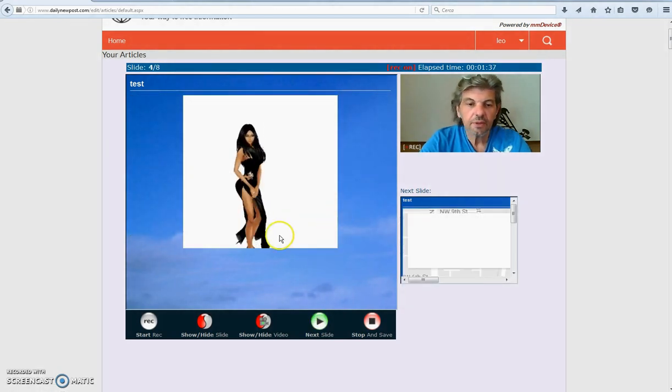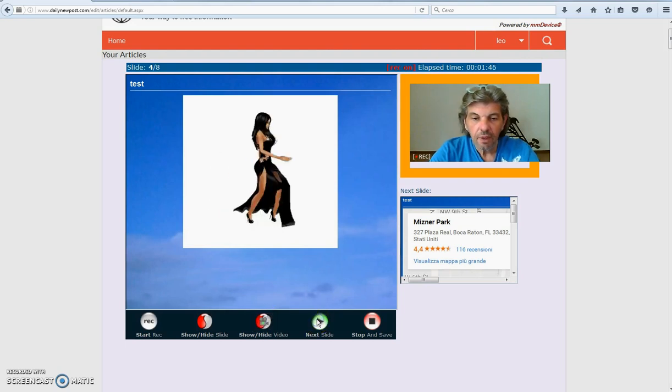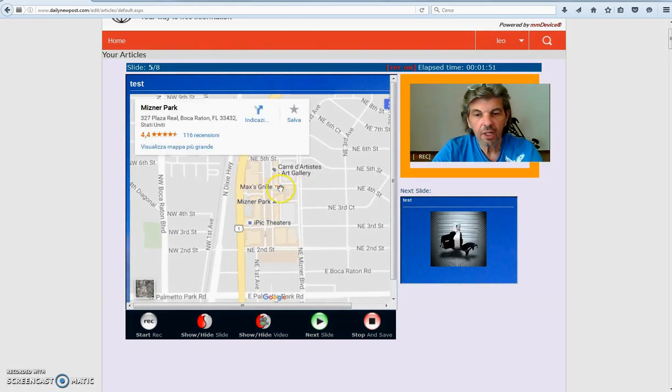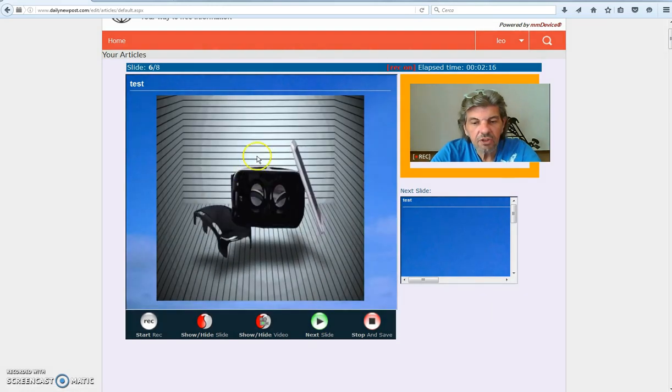As you see, this lady who is walking here. Now I can again go away and place the Meisner Park Google map. I'm sorry because I can see from here that my mouth is not following the voice, but again I'm telling you that there is a conflict between my webcam and the screen recorder. So we can move to the next slide, showing here the